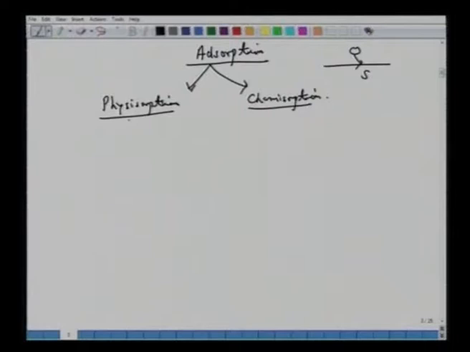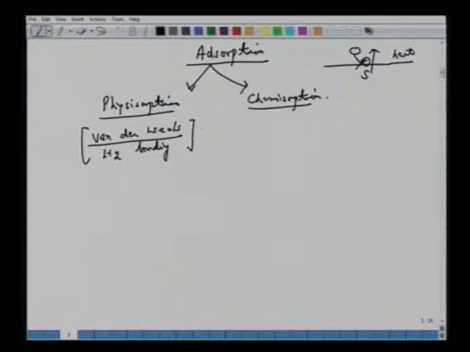All it means, when we have physisorption, there are bonds like van der Waals. You must have heard in thermodynamics, you must have come across van der Waals bonds, or you have hydrogen bonding. So these are weak bonds, which means when the molecules are adsorbed here, then one can regenerate. Say if you heat it, reverse the conditions, these molecules can be kicked out. Because they were bonded with the surface forces by van der Waals bonding or hydrogen bonding. So that's adsorption. It's very similar to condensation.